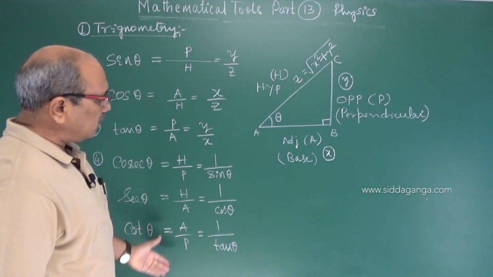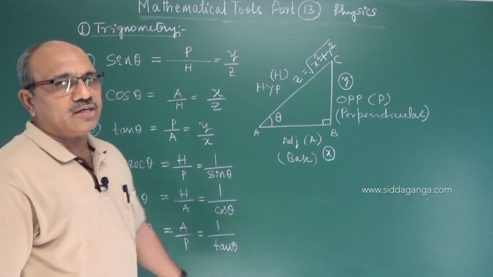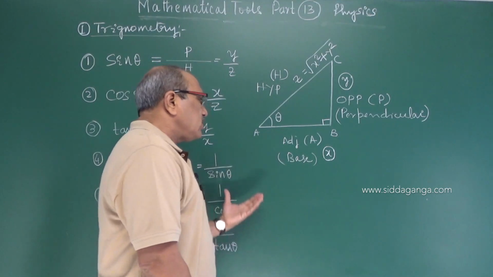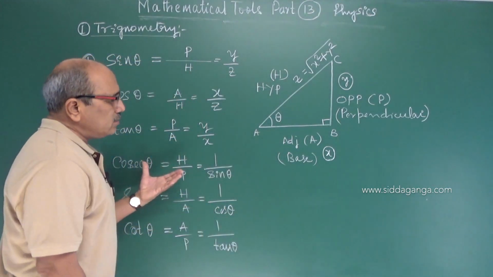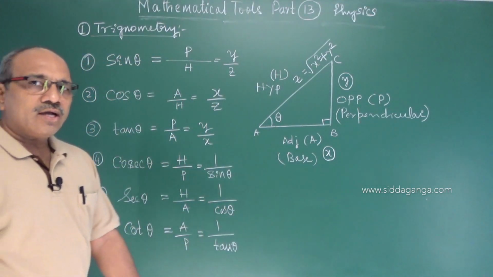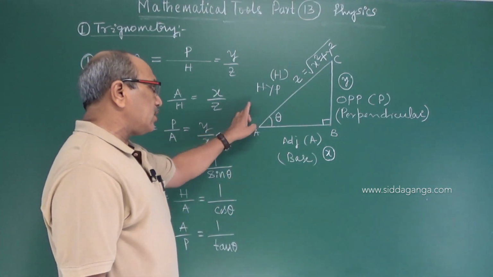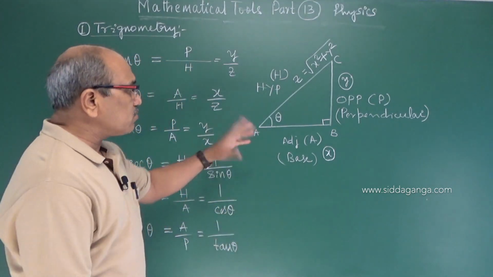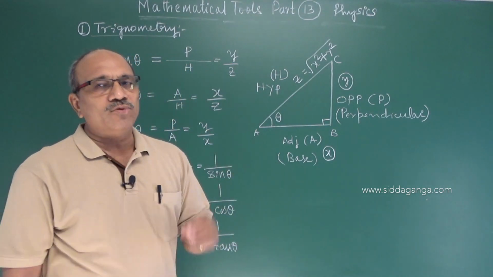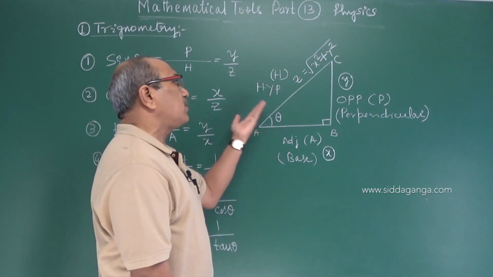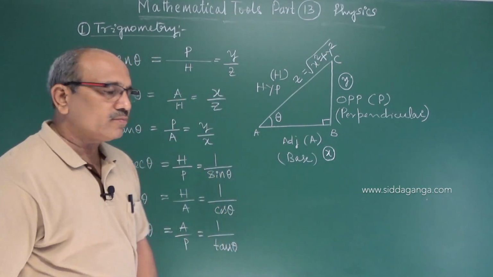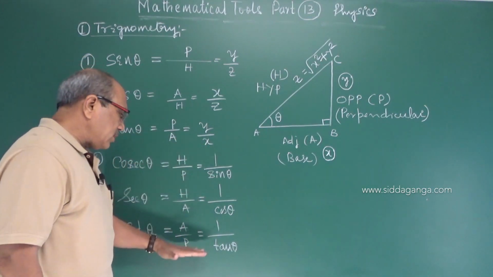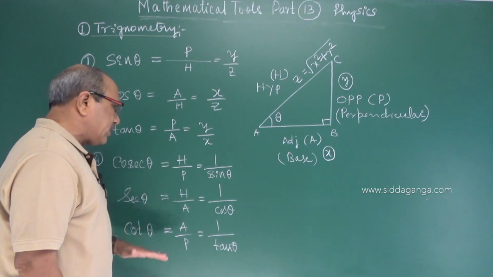The three sides we have, correspondingly you have defined, used and studied in high school and did various types of problems. But I am revising it. And how these three different relations vary for all possible angles round the clock of 360 degrees is most important in physics, because at different angles we have to measure the values. So I have taken the basic three relations and three other relations as cosecant, secant and cot theta.